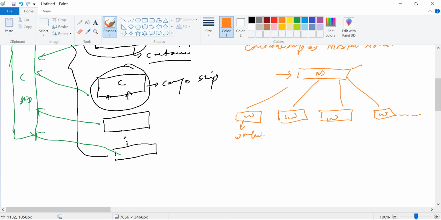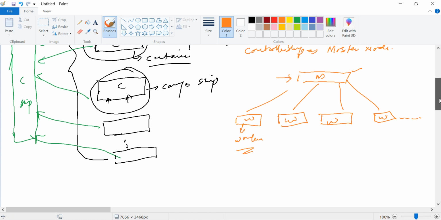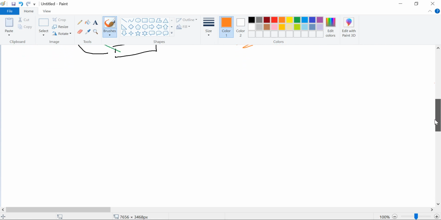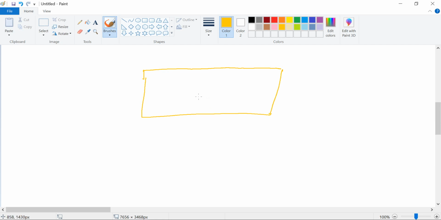We will go one by one, not too deep, just a little bit. First, we will look at our master node. What are the responsibilities of the master node?